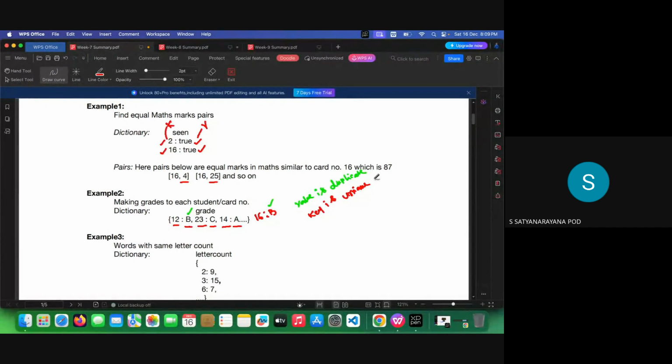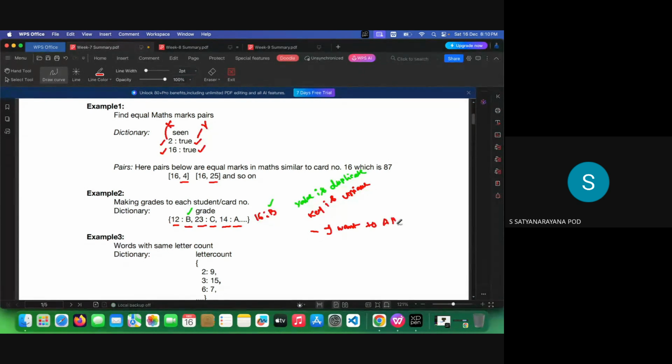I hope you understand the second example. Okay. So for that, they want to tell you the sequence number of the student and which grade he got. So for student 23, which grade he got, so that you can easily classify that. The student number, which grade he got, where that grade may be repeated for different students. So what exactly this is useful for is, later sometime I want to pick